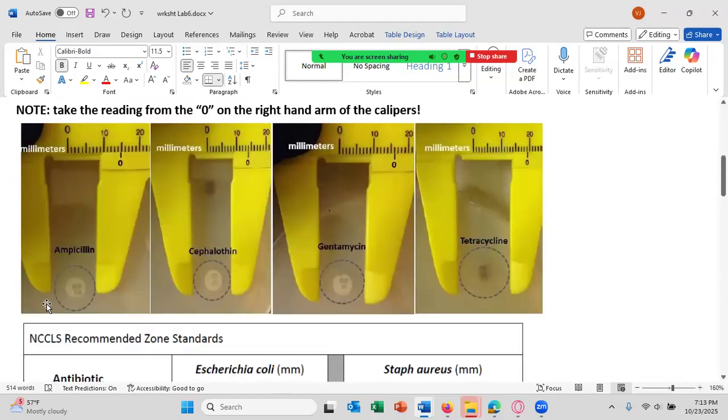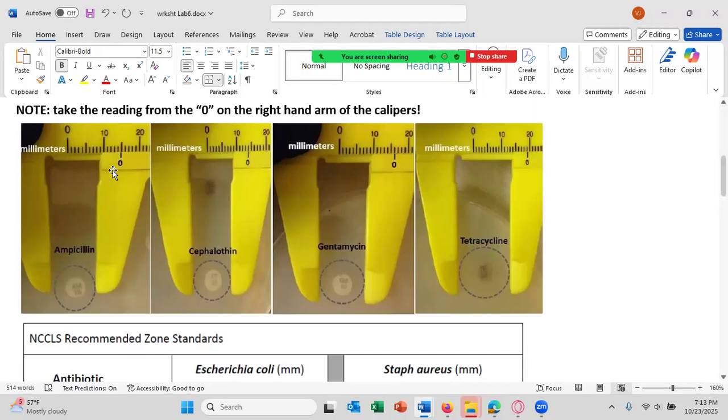So you use the calipers to get the diameter of the zone of inhibition, and the dashed line is the zone of inhibition. But you don't read from here to here, which would be a little less than 10, because see this part here? The calipers don't have the 0 set to this one here. The 0 is set to here. So you need to read 0 to 0, and that means that